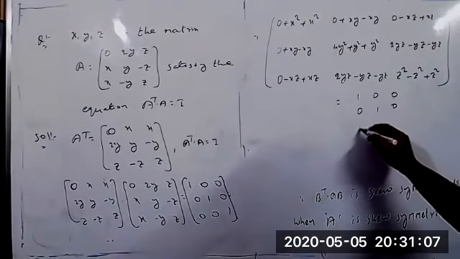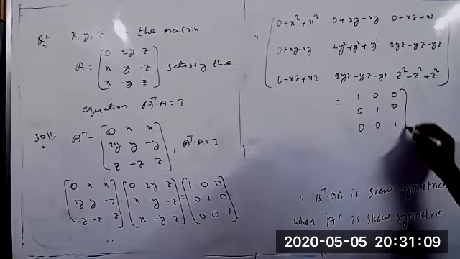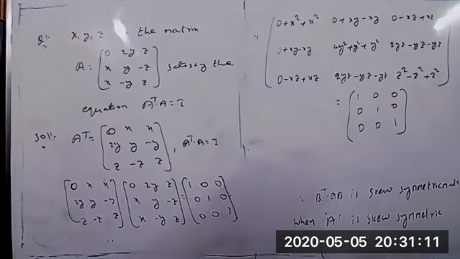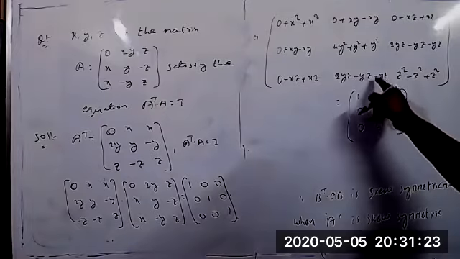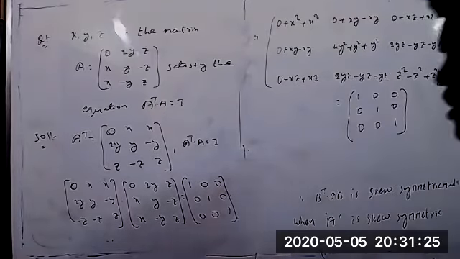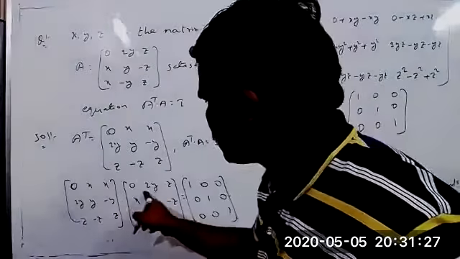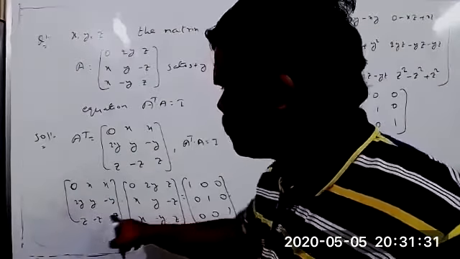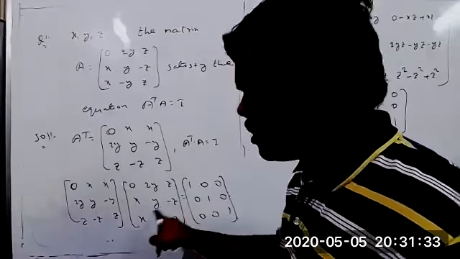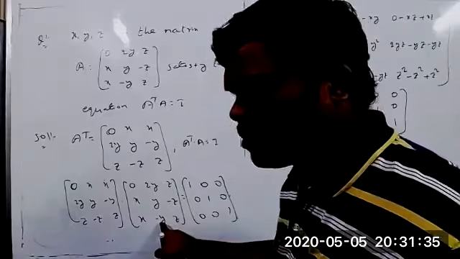Shouldn't it be plus yz? What about the last, third row and third column? Third row, second column, the last element: 2yz minus yz plus yz. 2yz minus yz only, no? Because you see now, z into 2y equal to 2yz, minus z into y equal to minus yz, and z into minus y equal to minus yz.